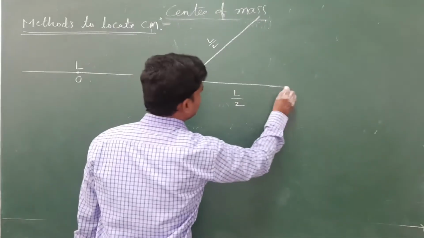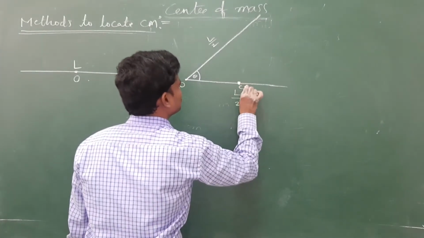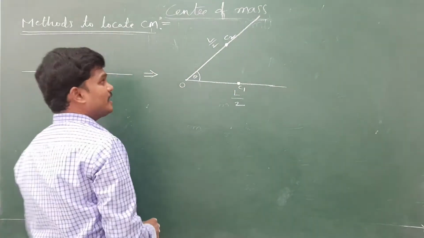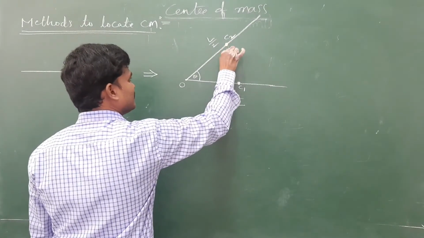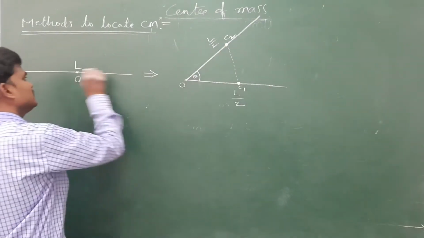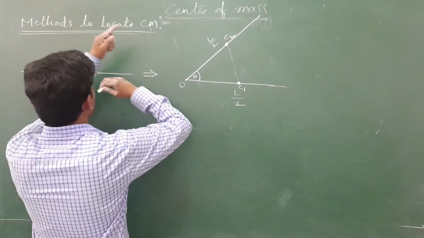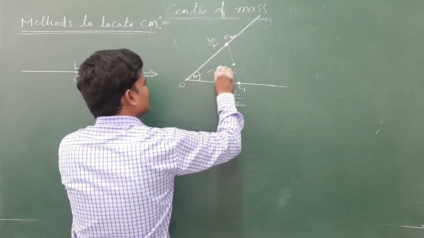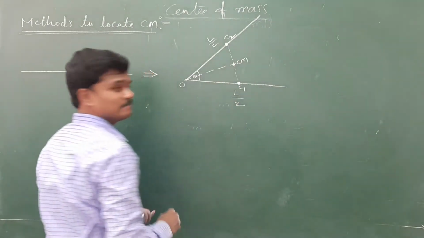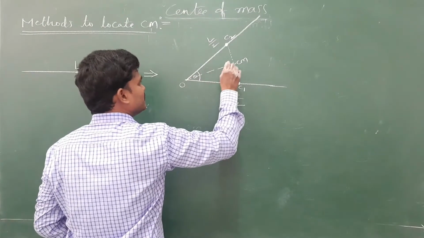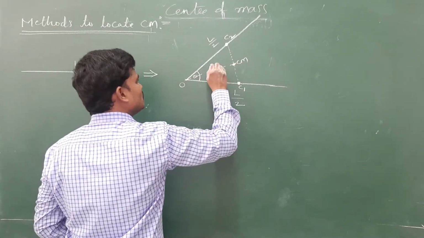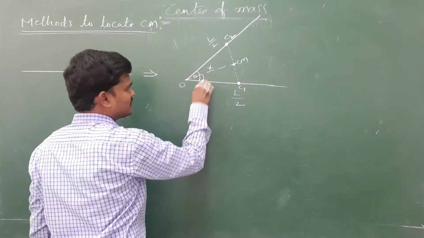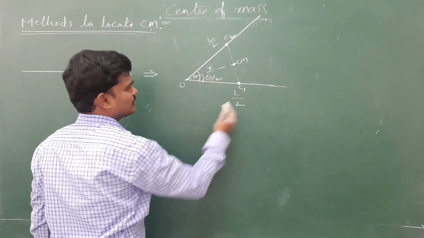Center of mass of this one is here. Let us suppose this is C1. Center of mass of this one is here, C2. And see, the shift in center of mass. Initially the center of mass is here. Once it is bent, center of mass will be shifted. Okay, let us suppose it is shifted. So this is the distance of center of mass from O. Let us suppose this is X. Complete is theta. This must be theta by 2.